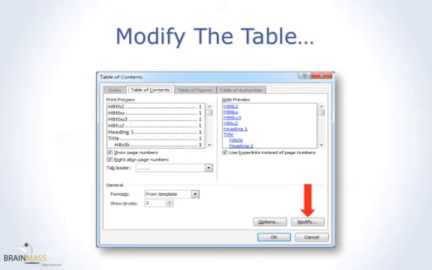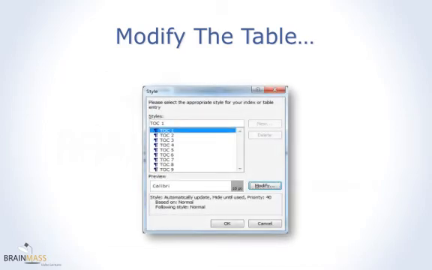We've seen this screen before, but this time we're worried about modifying the appearance of our table of contents. So we're going to locate the Modify button over there and click on that. And the first thing that we'll see is this style selection. Essentially on this screen, you are selecting the level that you'd like to change the appearance for. We'll leave it on TOC1, which is level 1, but you'll see that you can go all the way up to level 9 here, and you can change all sorts of things, and we'll look at that on the next screen. So we'll leave it on TOC1 and click on Modify,